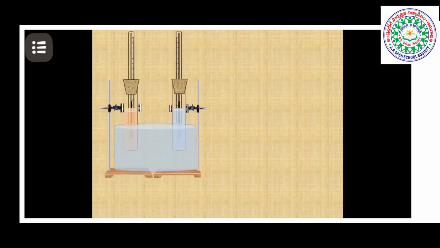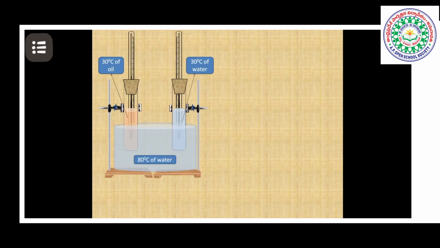Let's take a big jar with hot water at 80 degrees centigrade, and two test tubes fitted with retort stands. The two test tubes are filled with oil and water, so that both liquids are at 30 degrees centigrade. The test tubes are fitted with one-hole rubber corks and mercury thermometers. So what is happening in this